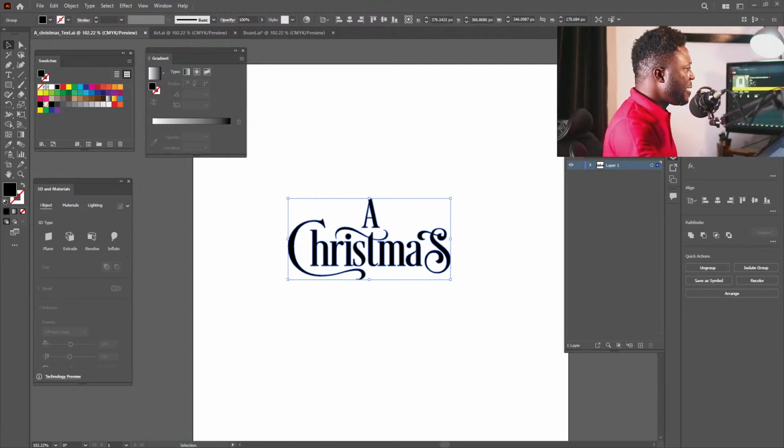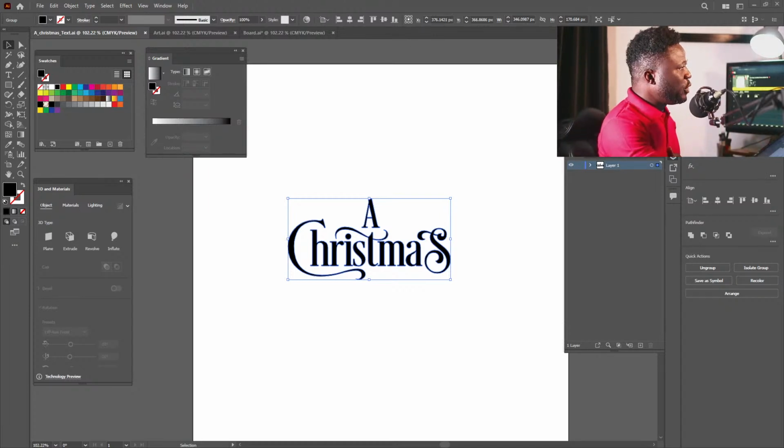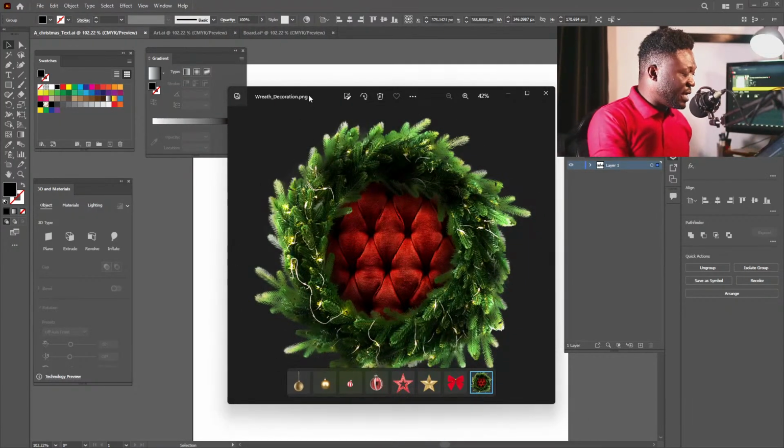Okay. So before we get to the Cinema 4D part, there's something I need you all to put down in your notebook, because if you're creating a 3D type, you need to first understand your background. You need to first understand the elements you're putting together to achieve the project. So I'm going to be using this image here. I'm going to put that here. Actually, I designed this,